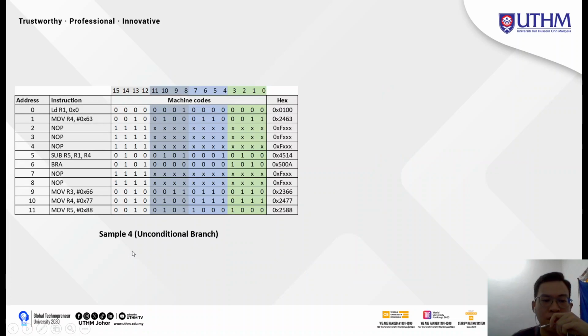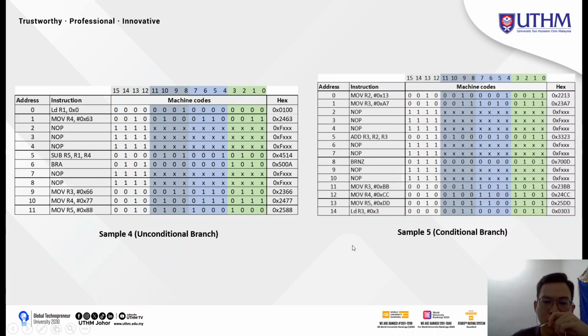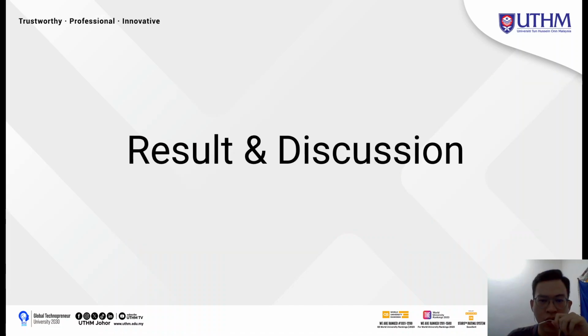And next, sample 4 is used to demonstrate the unconditional branch instruction, following with sample 5, which will demonstrate the conditional branch instruction. Here, one of the conditional branch instructions, which is the branch if not equal to 0, will be demonstrated. For result and discussion,